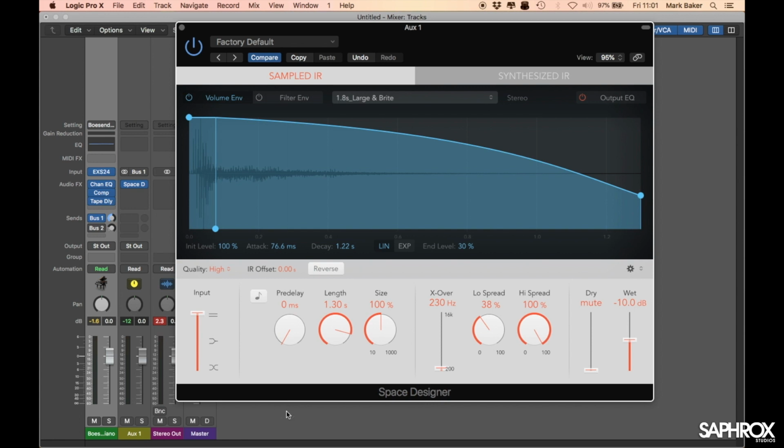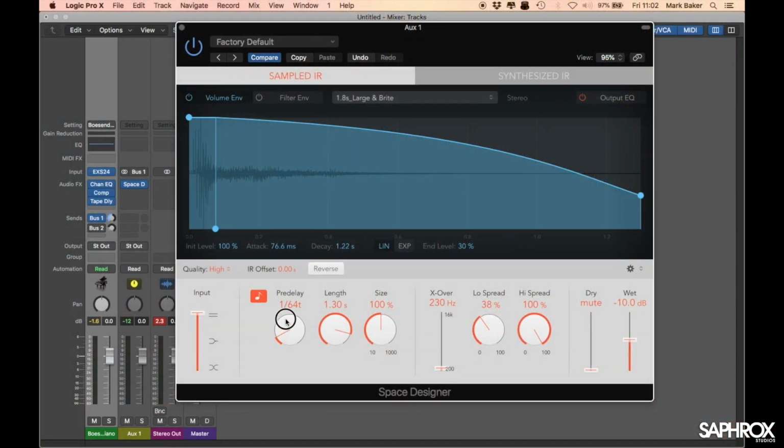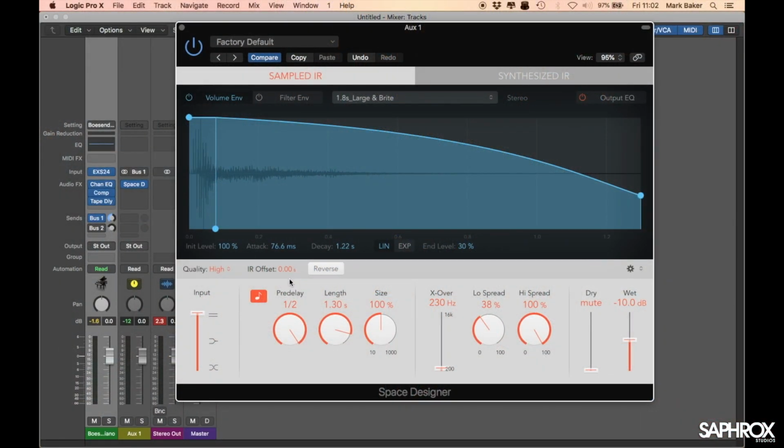But there is also a very cool little function here. You'll notice that there is a little quaver set up there. So if you click that, it turns on the sync function to your project's tempo, and you can therefore change this through time divisions of notes, which will match your tempo. So if you change your tempo at any point, your actual reverbs and delays, etc., will match. So if we change this to,